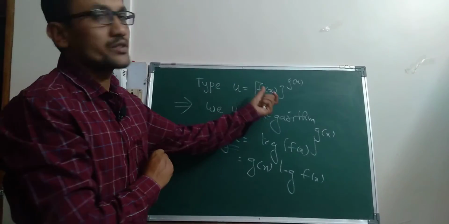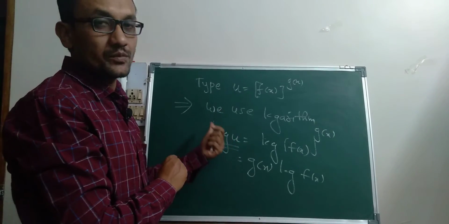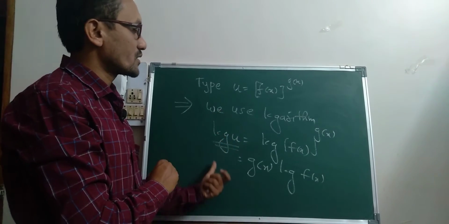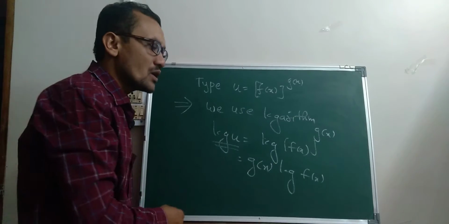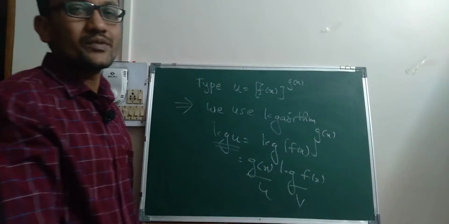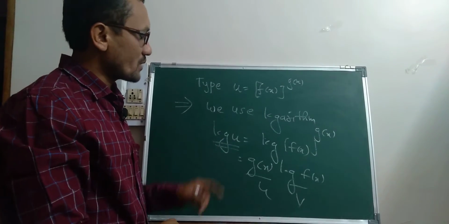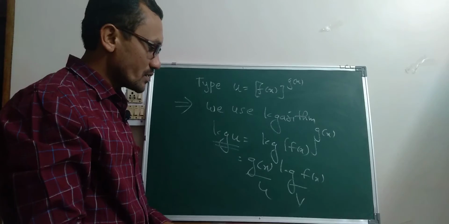And we know how to solve such a derivative. u is a function of x, and log u is a function of u. So we use the chain rule for finding such a derivative, and after using the chain rule we will have the u into v rule for this, and we will find the derivative of such functions. By using some examples we will find such derivatives. We will see one by one.